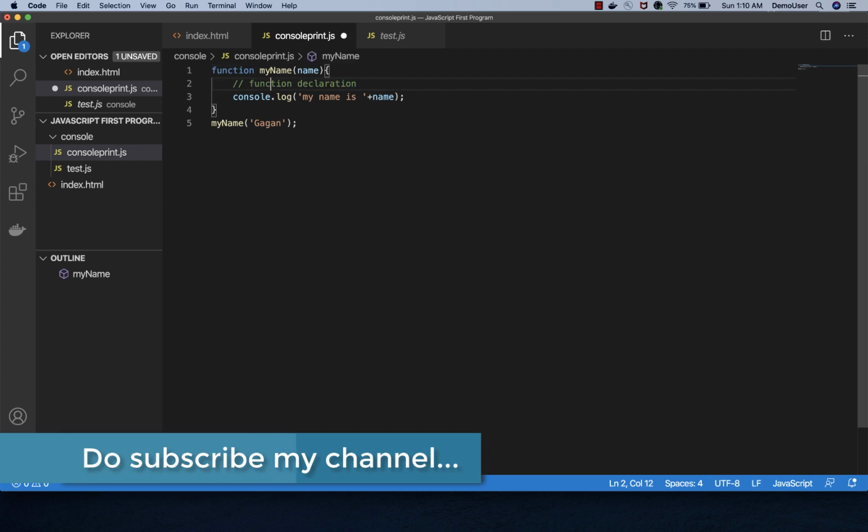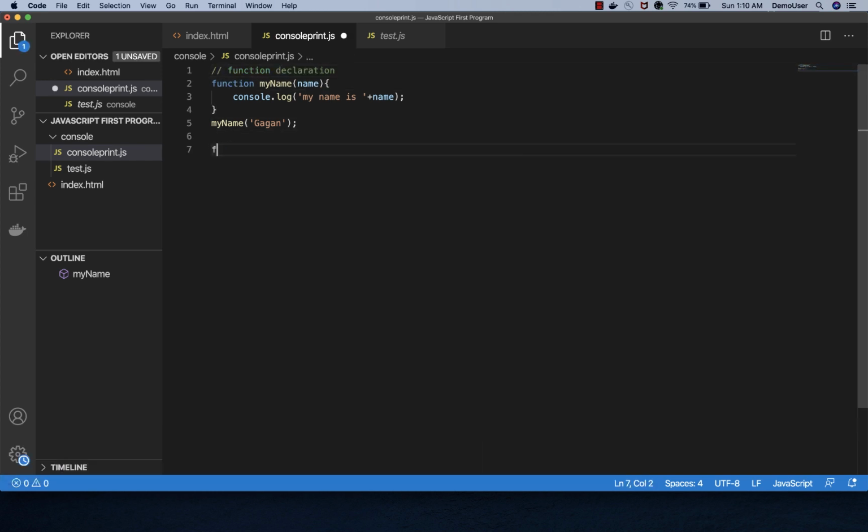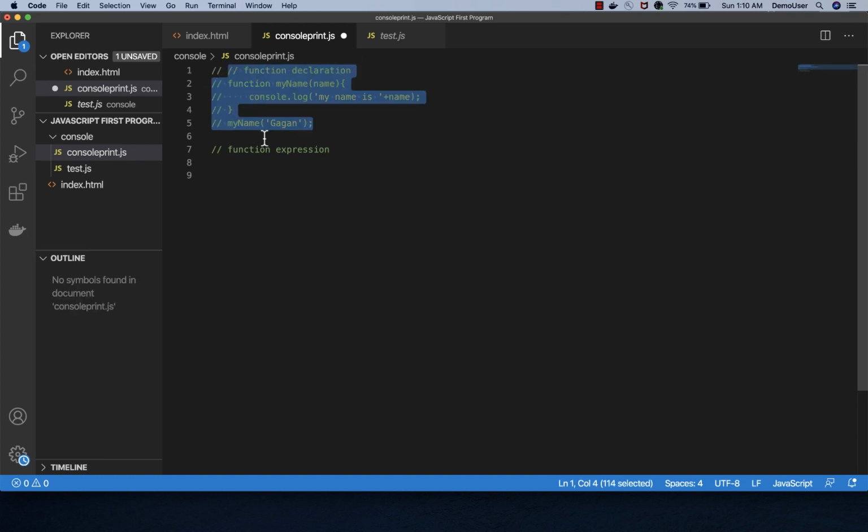Now I want to use the same thing as a part of function expression. I will comment this and I will simply copy this particular code from here and comment it as well.